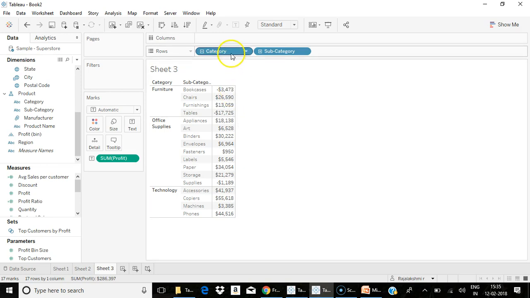If I want to show only the profit based on a category, but I want to show subcategory also in my view, in that case I go for exclude level of detail. Exclude level of detail will exclude the aggregated value of a specified dimension which is actually present in the view.